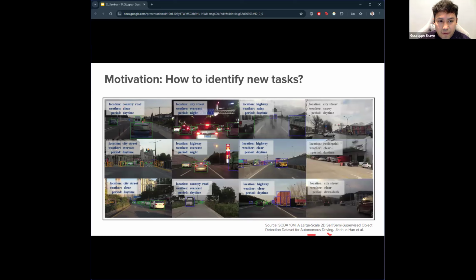For instance, we have here images regarding several tasks: cars at daytime, at night, with different scenarios like rainy weather conditions, clear, also on the highway, on the country road, etc. So the idea is how to develop an algorithm that can be good in all the domains.